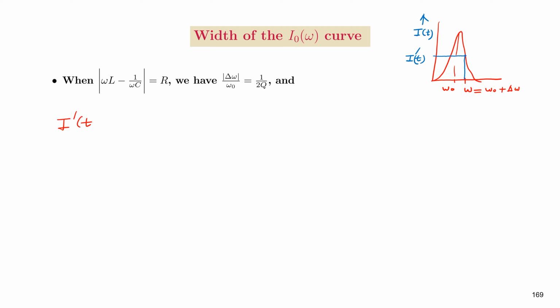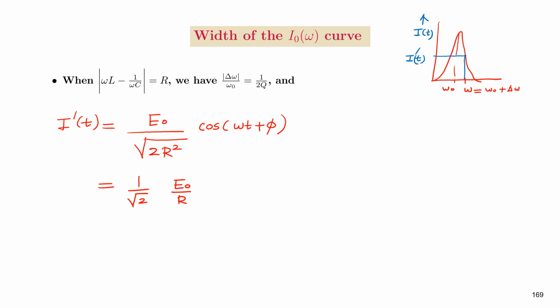I dash t equal to E0 divided by square root of 2 R square, then cos of omega t plus phi, that is equal to 1 over square root of 2 times E0 divided by R cos of omega t plus phi,